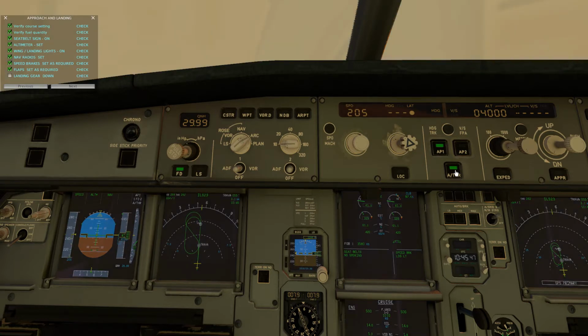695, once you're established, maintain 200 knots or greater. 200 or better once established,